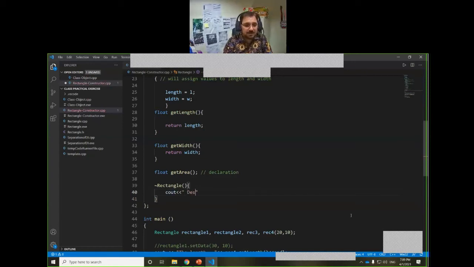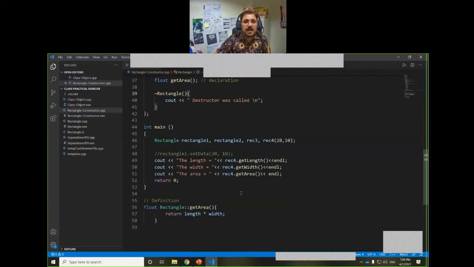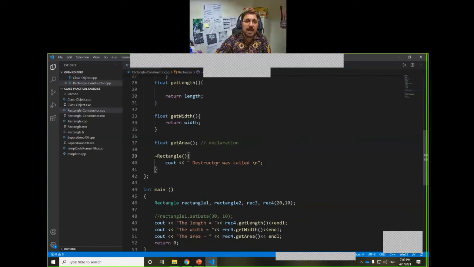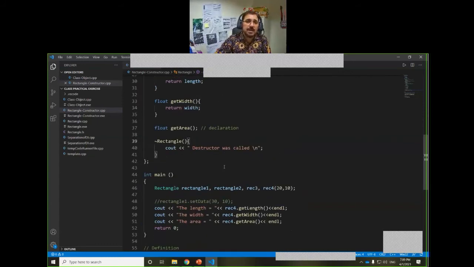This destructor was called, and let's add a backslash n. So how many times will the destructor be called, and when?